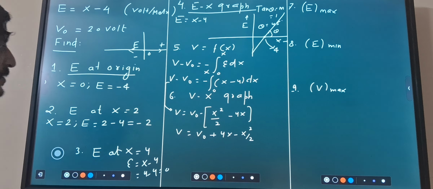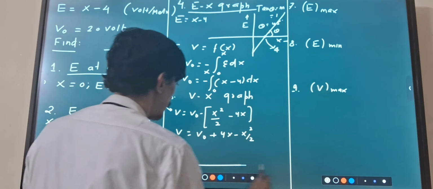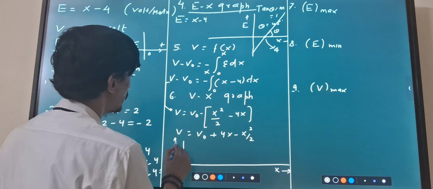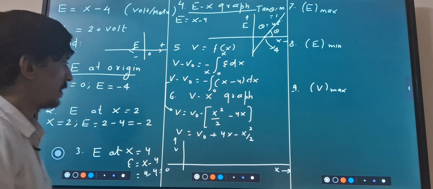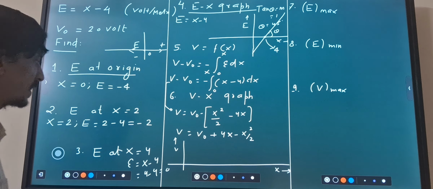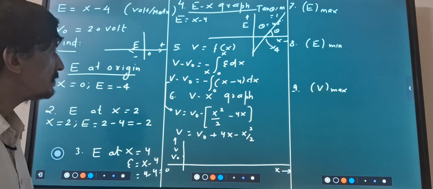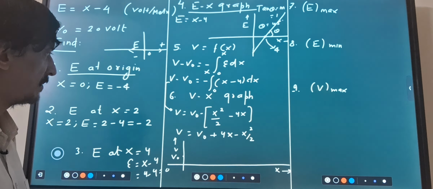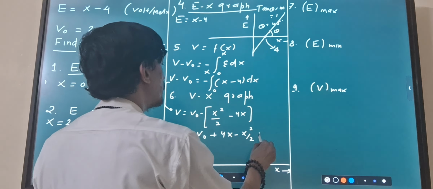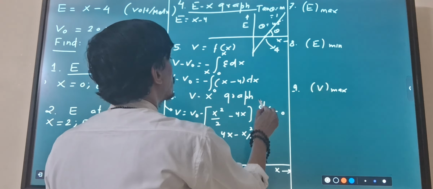From the expression it will be a parabola, an inverted sort of parabola which will turn towards the minus V axis. We can see that it will be V naught at x is equal to 0, and certainly it will be maximum at a positive value of x. It will be maximum when dV by dx is 0, and this dV by dx is nothing but the electric